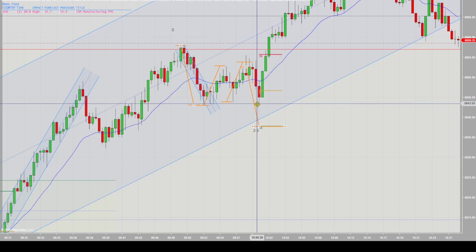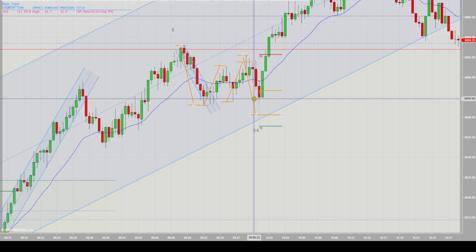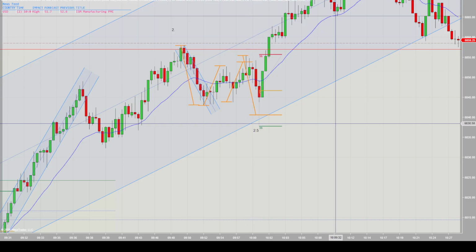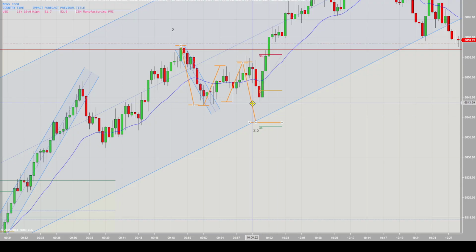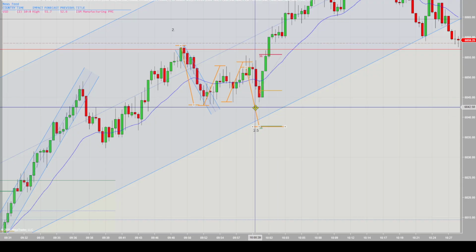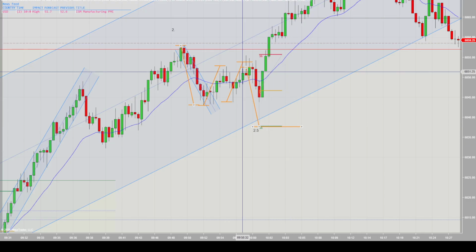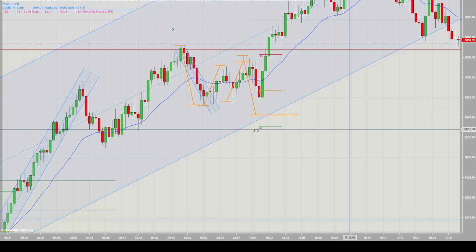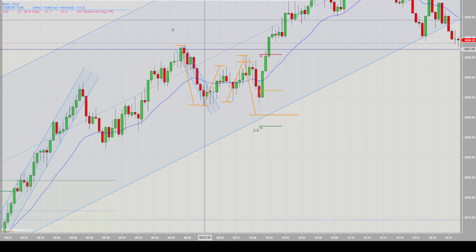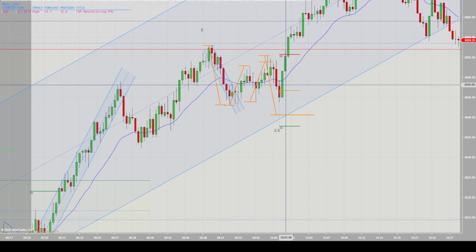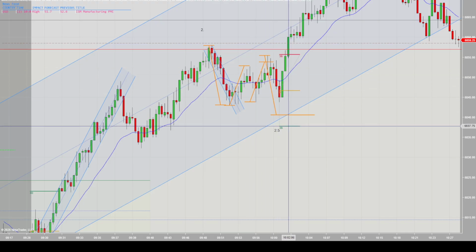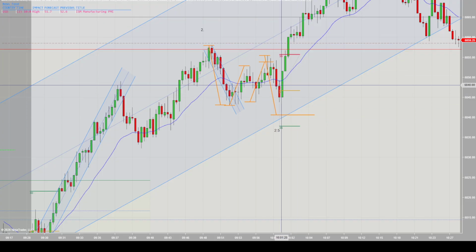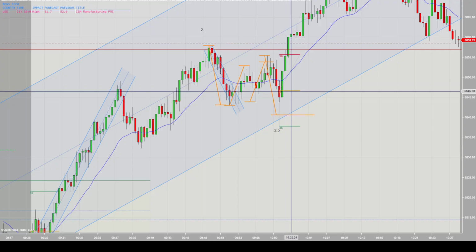If you draw it off the bodies, it reaches, but you have to start by drawing it off the wicks to see if it reacts at that level. If it doesn't, then you can see if it reacts off of the level where the body's closed. So you can't enter here. It's very tempting to enter here, but you can't, because you can't get out at a one-to-one, and you want to be trading one-to-one because